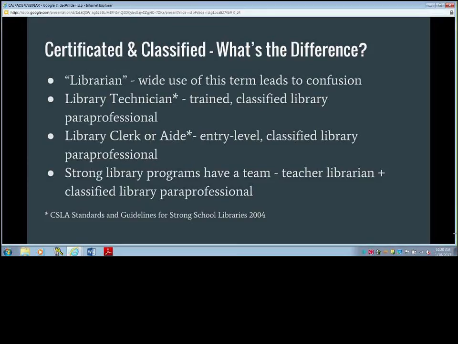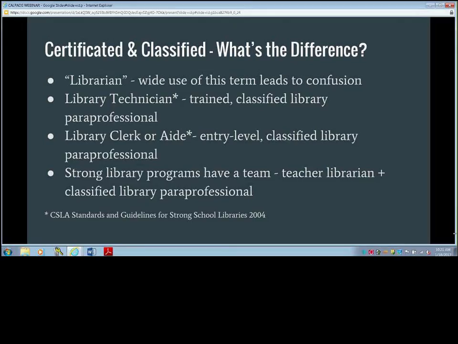Or that kid in 6th grade who may have an interest in a surgical career. And last time I checked, I don't think we have surgery as an elective for 6th graders, but the kid may have an interest in surgery in 6th grade, and that teacher librarian can make sure that those kids are getting those resources that support their own personal passions and loves, as well as making sure that the required learning takes place, and that takes a team to do.